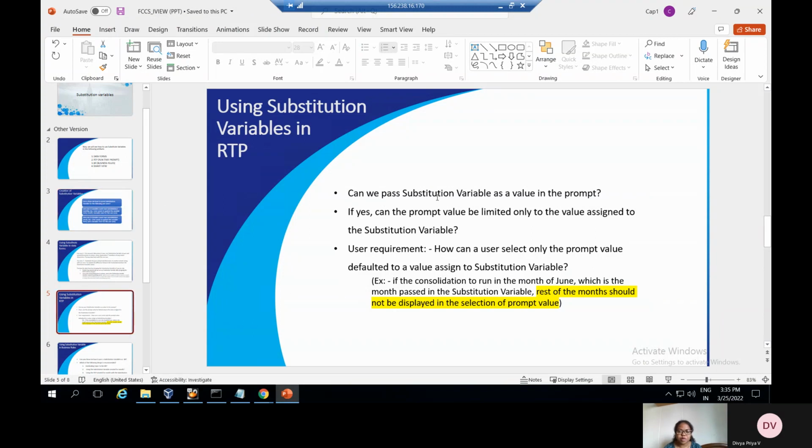Yeah, in RTP, can we pass the substitution variable in the prompt? Yes, we can. The prompt value can be limited only to the value assigned in the substitution variable. User requirement: how can we select only one prompt value? If the consolidation is done in the month of June, whichever month is passed in the substitution variable, the rest of the months should be excluded. It is saying to run in the month of June, so